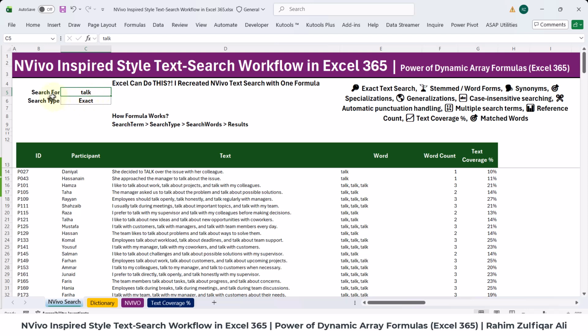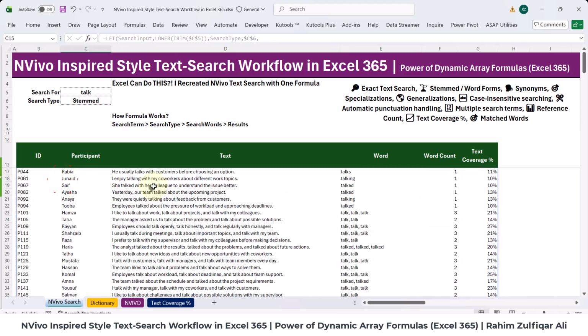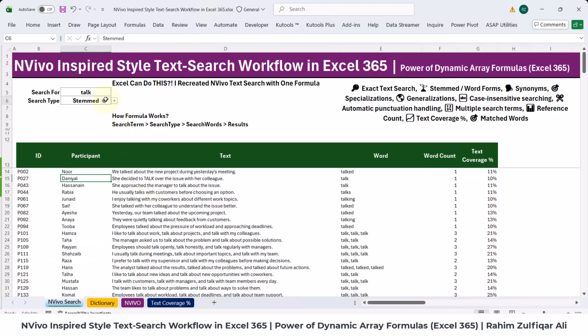So for example, I am searching for the word talk, and the type I want to search is exact. Okay, if I change it to stemmed, now you can see it's written here talked with ed, or even talking with ing, or talks with s as well. So it's able to fetch those sentences for me, right? Even I can select from here